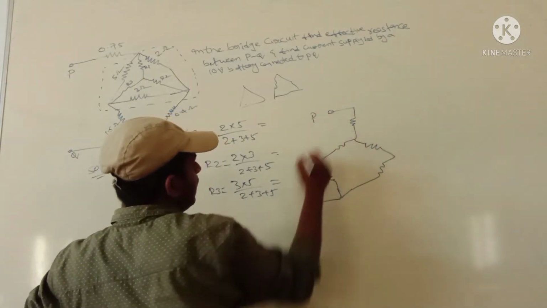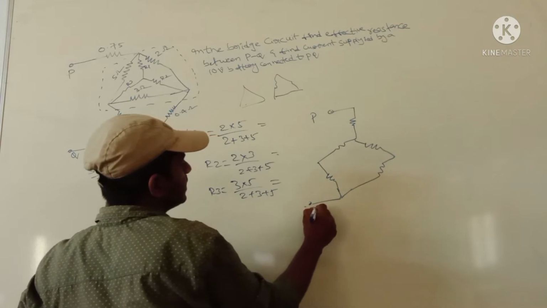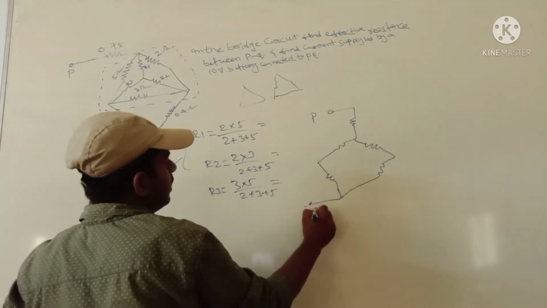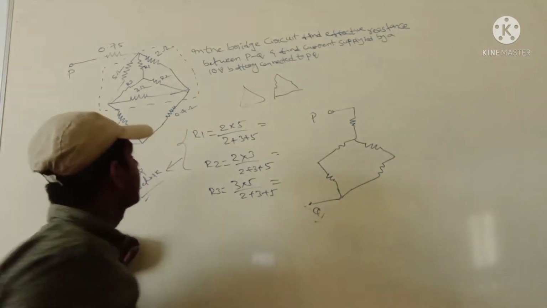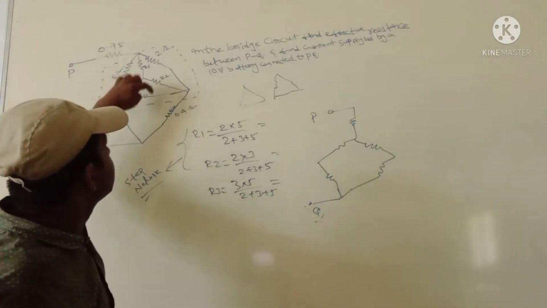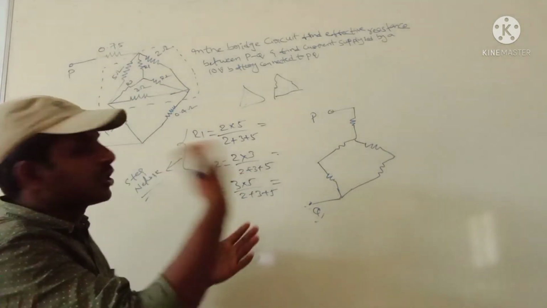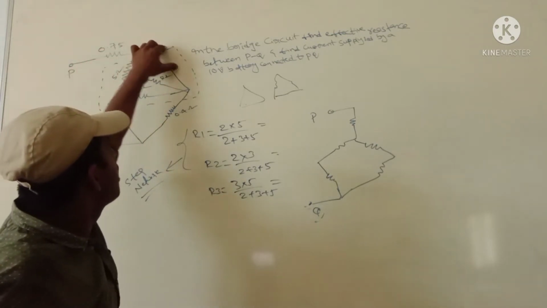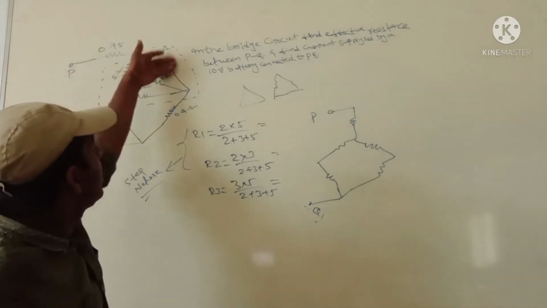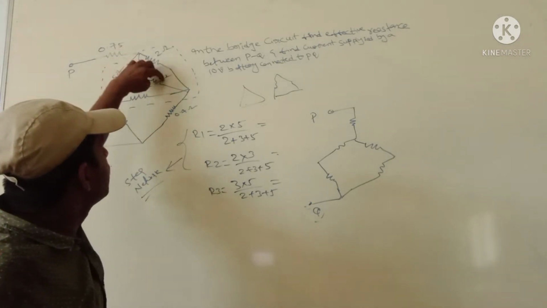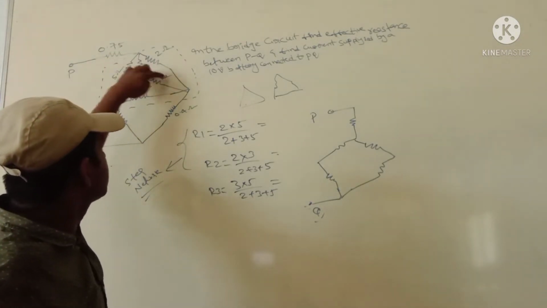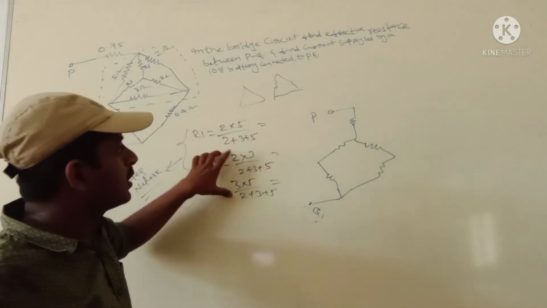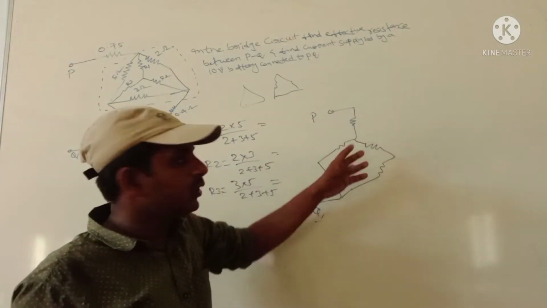Okay, this is the P and this is the Q. Why? Because here the total delta converted network can be converted into the star. So that's why we have to eliminate both 2 ohms as well as 3 ohms as well as 5 ohms. All those eliminated, and finally we can get only the star values here, R1, R2, R3. So here we are getting the R1, R2, R3 values.